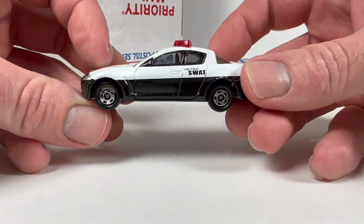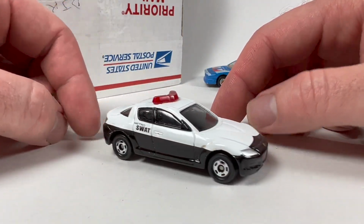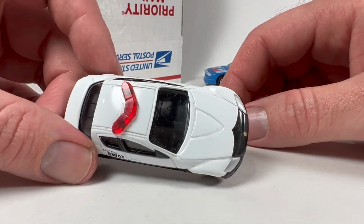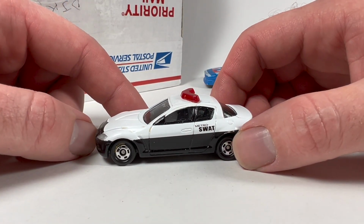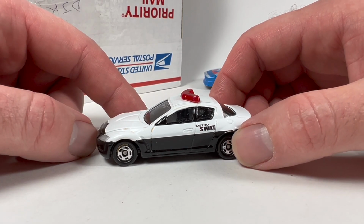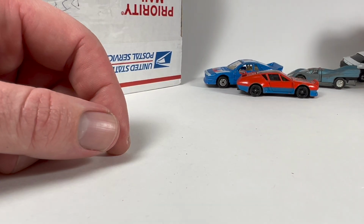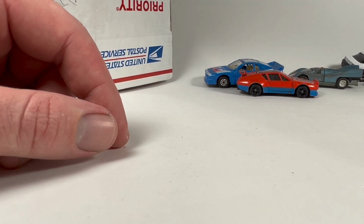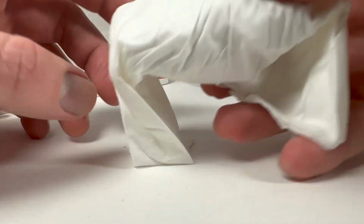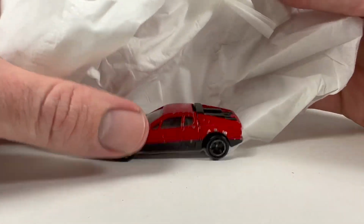159 scale. Kind of a weird little Mazda in kind of a police livery. I thought the Mazda RX-8 looked cool when it first came out back in the day, but now looking back on it, I think it's kind of an ugly car. I don't know. What do you guys think of it? I think the design of it's sort of dated, maybe, and not in a good way, not like in a nostalgic way. All right, next is...